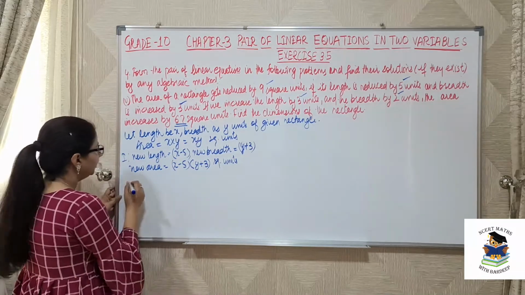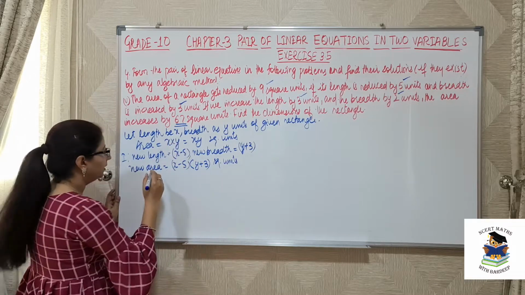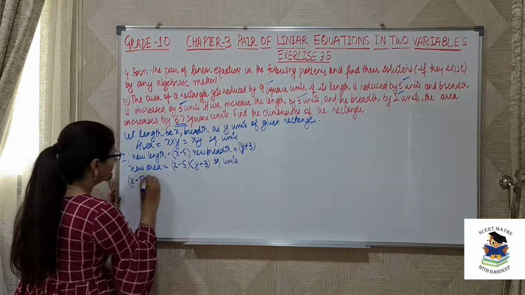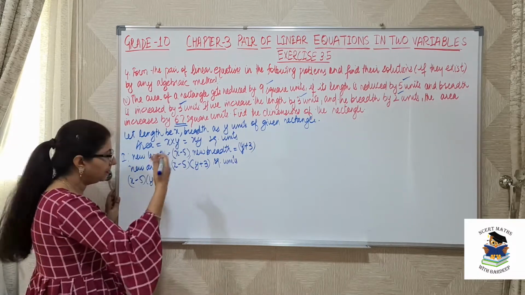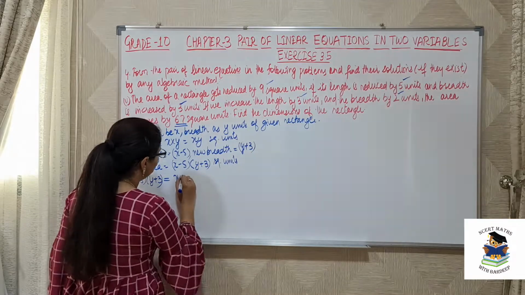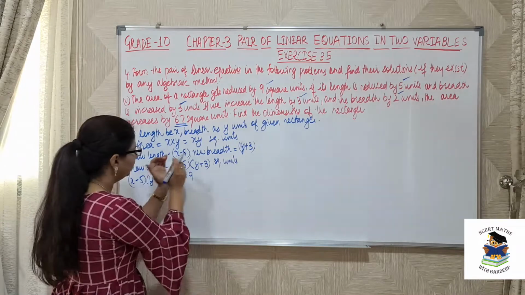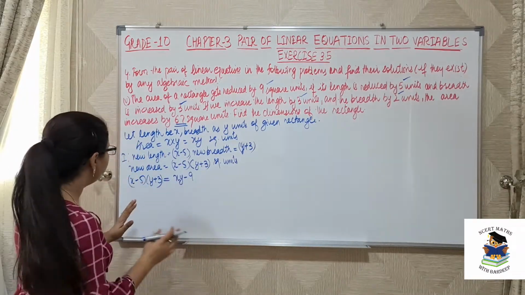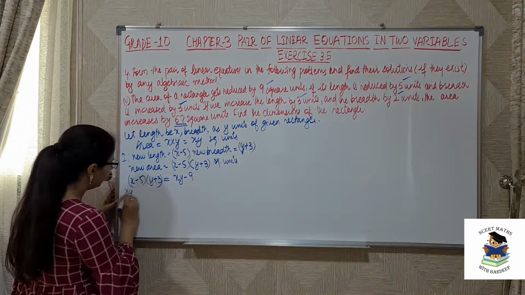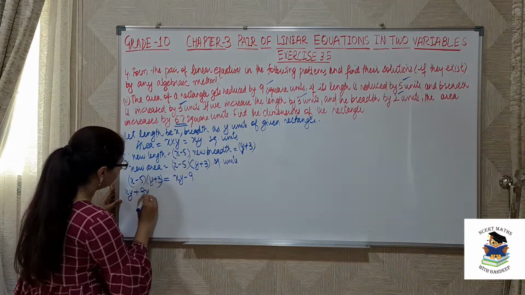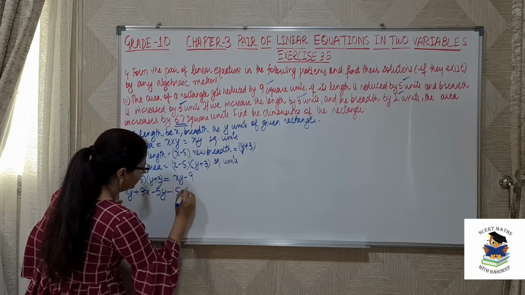So how to write that? That is new area is smaller than original by 9. So x minus 5 into y plus 3 is equal to original minus 9 because it is reduced. So xy minus 9, or you can do plus 9 here and equate this to xy. This is entirely your choice. Open these brackets. So this is x into y as xy, x into 3 as 3x, 5 into y as 5y and 5 into 3 as 15.